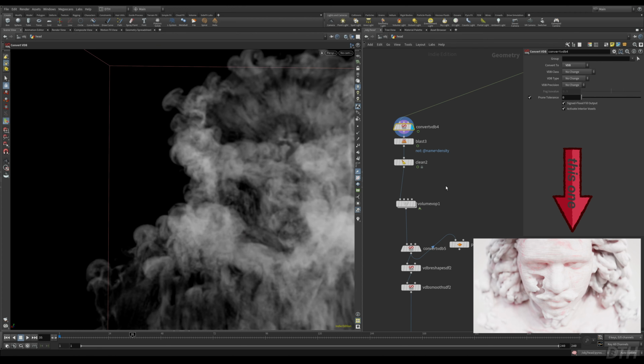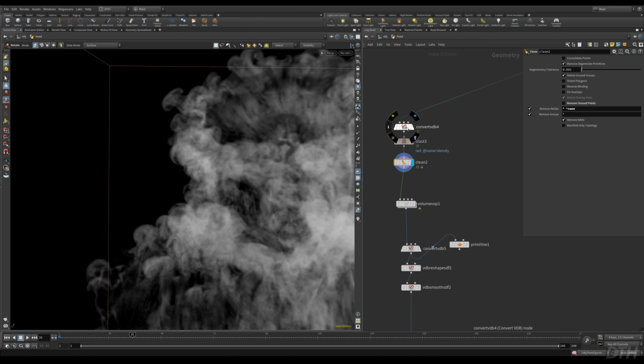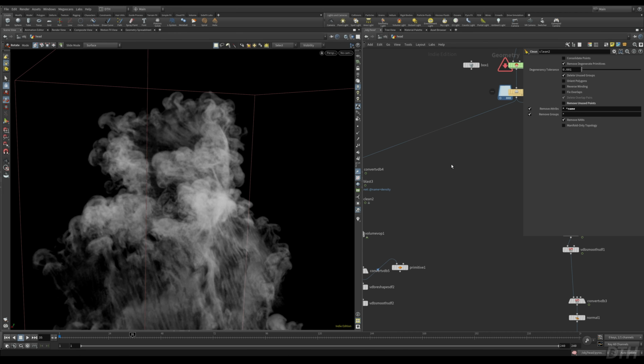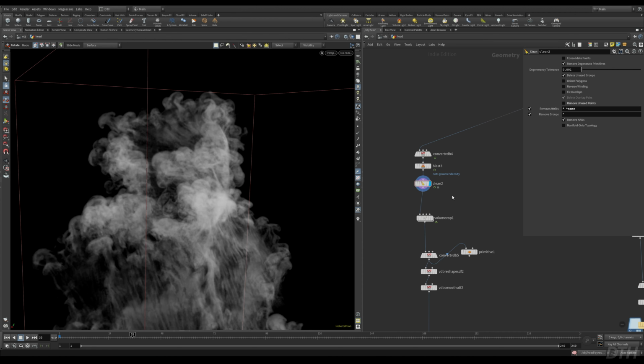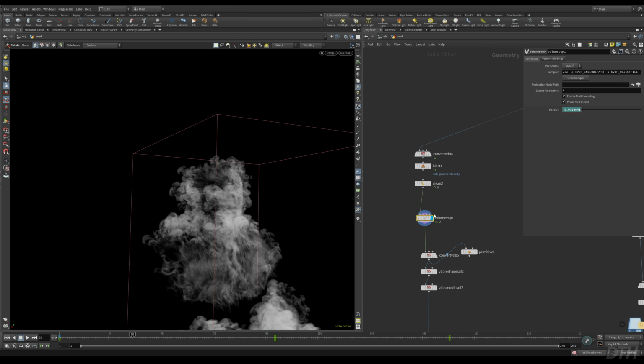It's exactly the same: all that we're doing here is converting the volume to a VDB, the fog volume here. And then I'm using a volume VOP to chisel away at this volume. So over time, I'm animating an offset that chunks out bits of this fog before converting it into